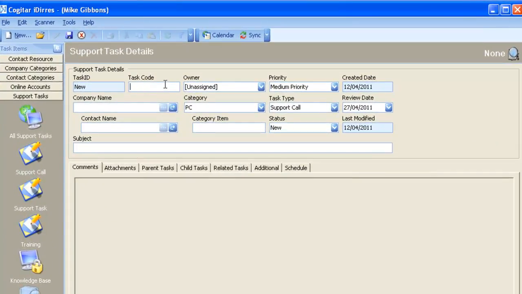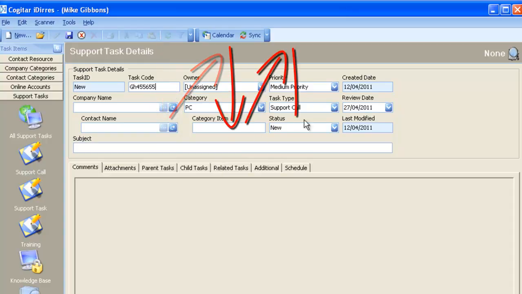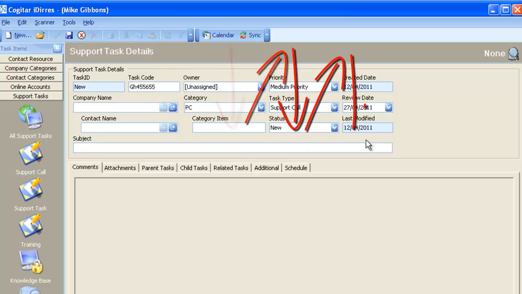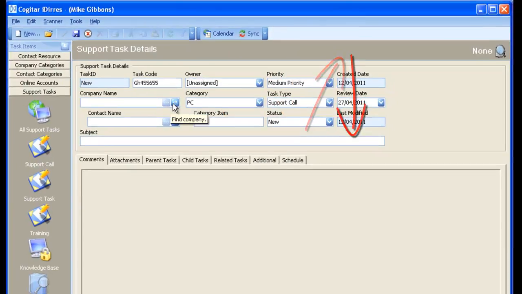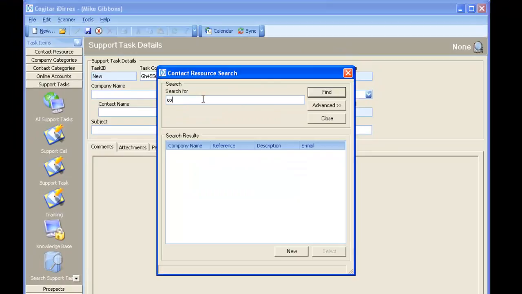Task code. It's not inconceivable in this day and age that you're going to be working with other people and other organisations like telecommunications companies, etc. So they might have their own tasks and support code. So we'll put one in, completely random. And again, what we'll talk about whilst we're here is this down, up and across, down, up and across, down methodology of filling the data in. So if we go to company name, put the company name in,